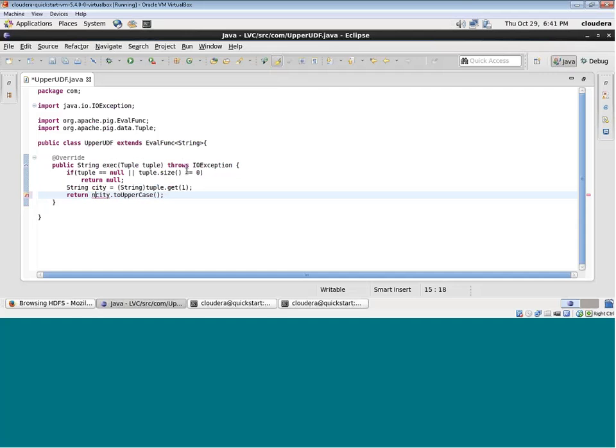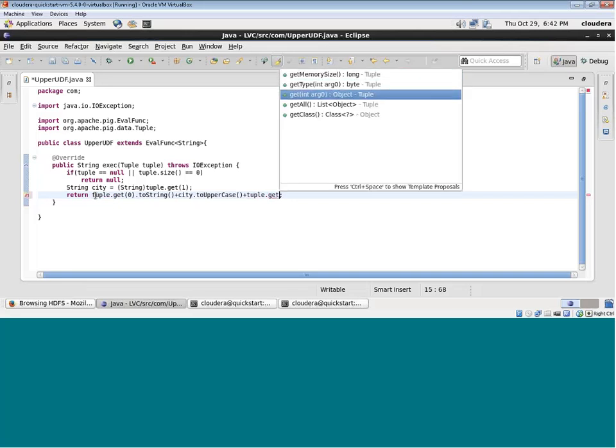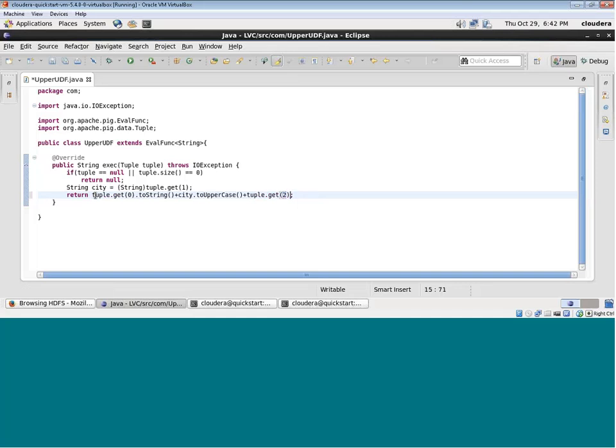Of course, the other columns I want to return as they are, right? So I'll say tuple.get of